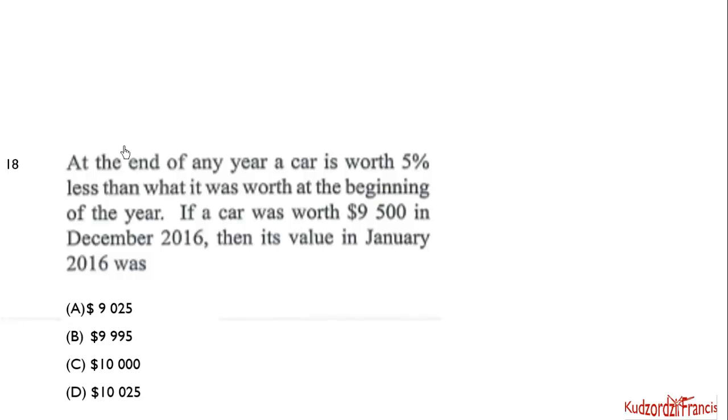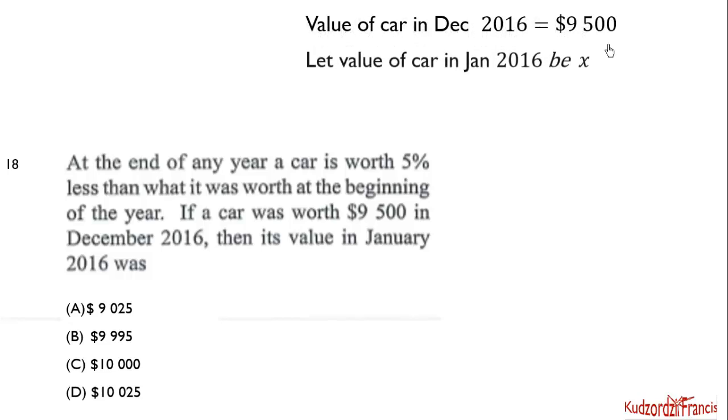At the end of any year, a car is worth 5% less than what it was worth at the beginning of the year. If a car was worth 9,500 in December 2016, then its value in January 2016 was. So this question too, we're familiar with it. It's very popular. So this is how we go about it. We know the value of the car in December 2016 is 9,500. Now we should let the value of the car in January 2016 be X. Then